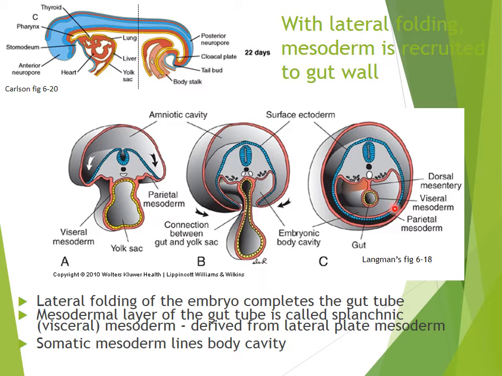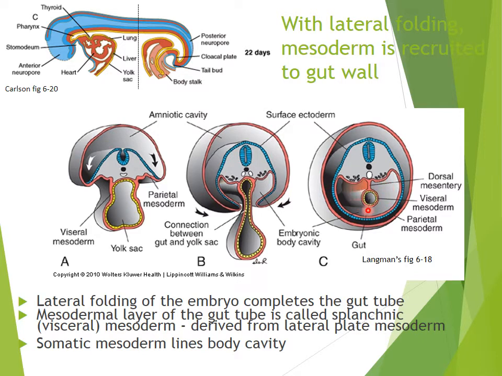Here you can see, as you have seen in the development of the body cavities, the lateral plate mesoderm splits into the parietal layer of the lateral plate mesoderm and the splanchnic or visceral mesoderm. So this is the part of the intraembryonic mesoderm. The parietal layer, progressing and approaching in the midline, helps in the formation of the ventral body wall, and inside they are enclosing along that gut tube,